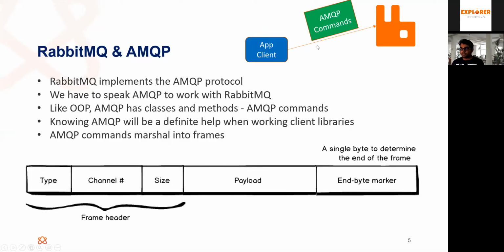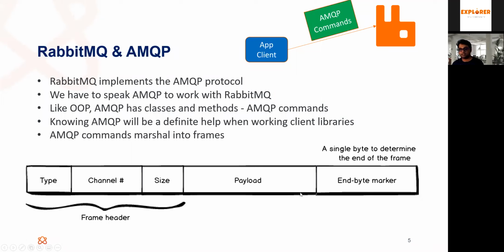But even though we see them as classes and methods in the specification, these messages are actually translated into something called frames. This is the structure of a frame. These commands are marshaled into a frame like this.